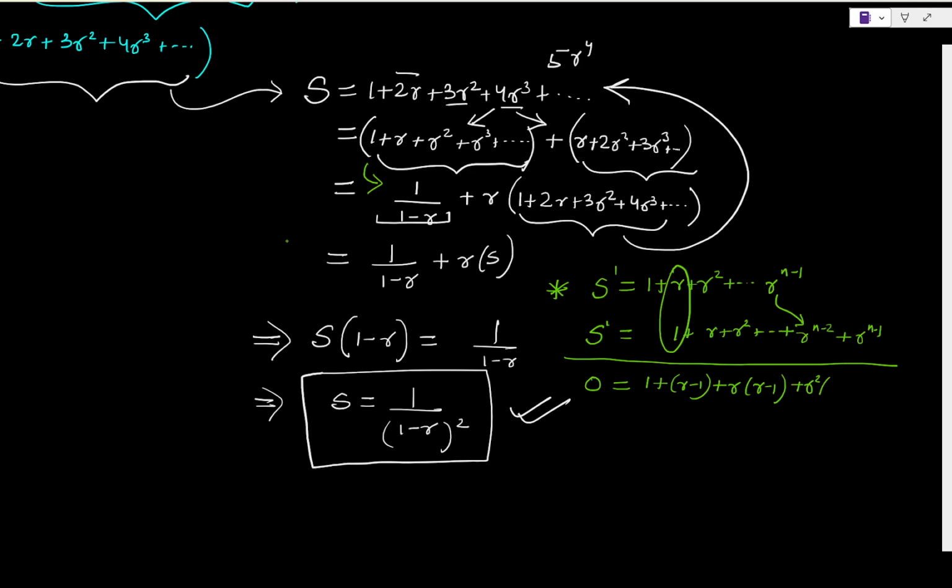So you take r square common, it will again be r square times r minus 1 plus so on and so forth. For these two particular terms, you can take r to the power n minus 2 common, and you get r minus 1, and you get a minus r to the power n minus 1,